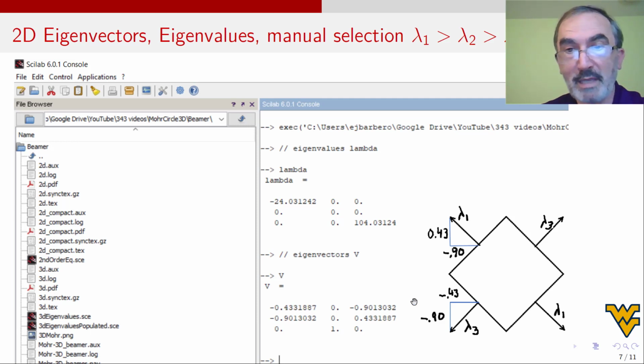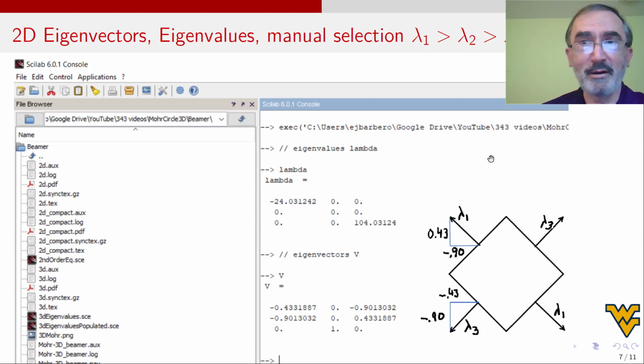Because this row is x, right? This is y and this is z. So in the direction x, I go minus 0.43 there. And then I go down in the direction y, 0.9. And this is lambda. And what is lambda? 3. Why 3? Because this is the smallest, and according to the order, it is like this. So there is a lot to learn in this slide and a lot to remember.